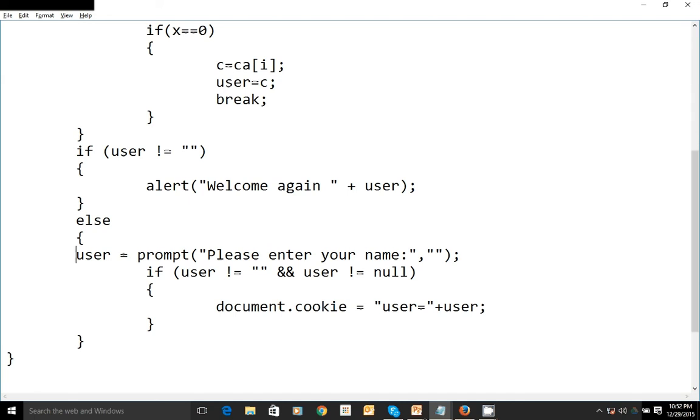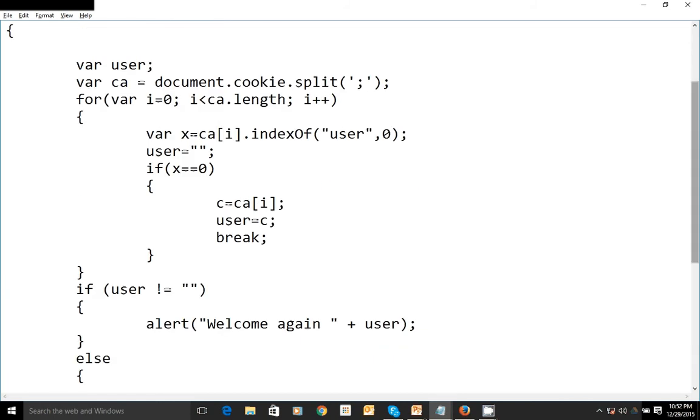Next time when the user refreshes, we gather all the cookies and access those cookies one by one. If we find the cookie with the name user, we assign that value to the variable called user, and we simply say welcome back again. This is how the cookie program works.